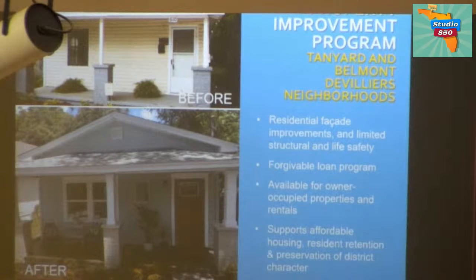of the city. So far, we have 7 completed and active projects in 3 of these target neighborhoods. We have 4 in Belmont de Villiers, 1 so far in East Side, and 2 projects in Tanyard. And we have currently two of those that are active right now, about to finish up, and we have several more on the way. So we provide assistance through a